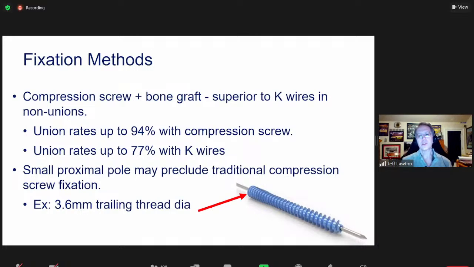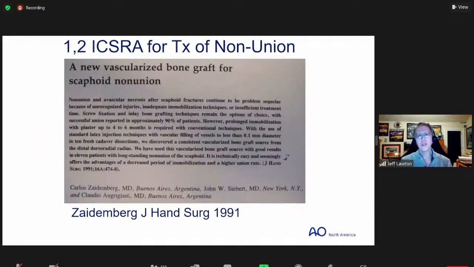And remember that the trailing diameter of this thread can be up to 3.6 millimeters. So again, when we're talking about these small proximal poles, this can be a challenge with some of the more traditional screws. So one of the things that has really excited those that take care of scaphoids was this paper about 30 years ago. Carlos Zeidenberg described this vascularized bone graft for scaphoid nonunion, and initially reported excellent results, 11